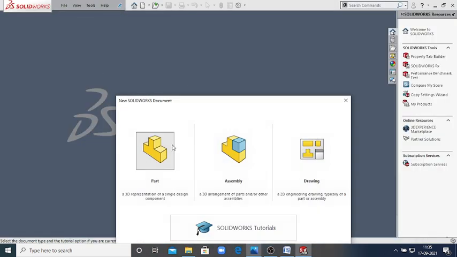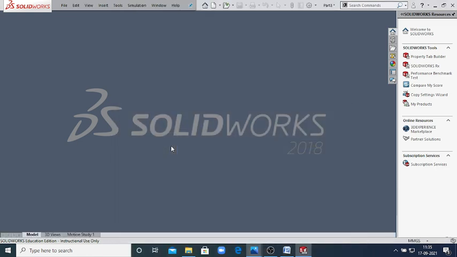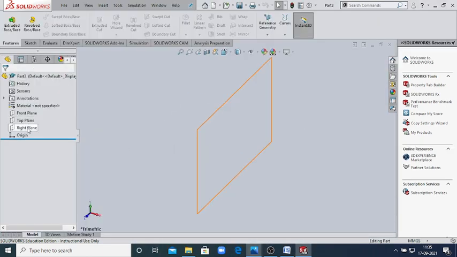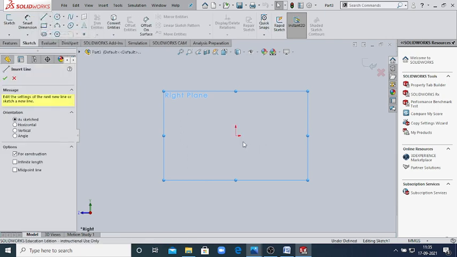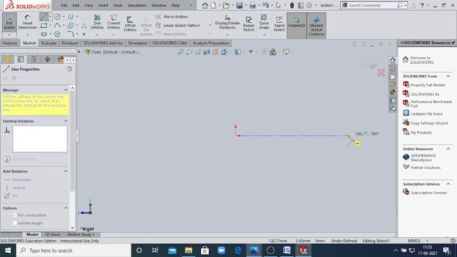First of all we'll make the new file and open in the part file. Now right plane, select the right plane. Let's start to sketch to make this design. First of all we will draw the center line.